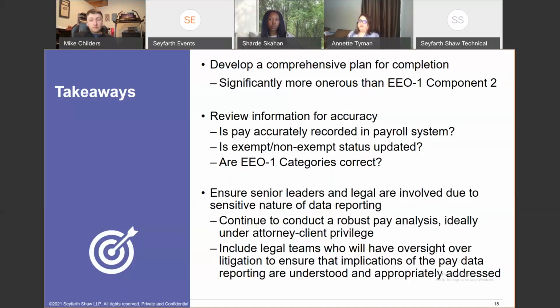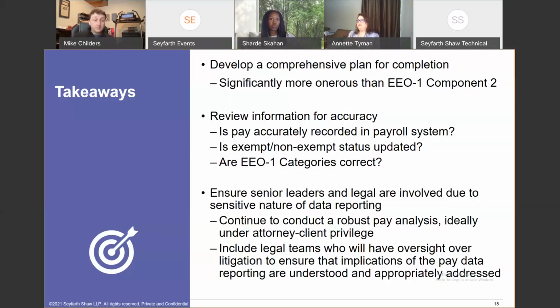Just because somebody is a project manager, do you have them in the manager category? Are they true managers, or should they be in the professionals category? Take a look at those kinds of things just to make sure that you're aligning them correctly. Take a look at your high-level management groups. Look at your professionals. Look at the definitions that the EEO-1 category has provided to make sure you're providing that information correctly. Make sure you have the exempt, non-exempt status